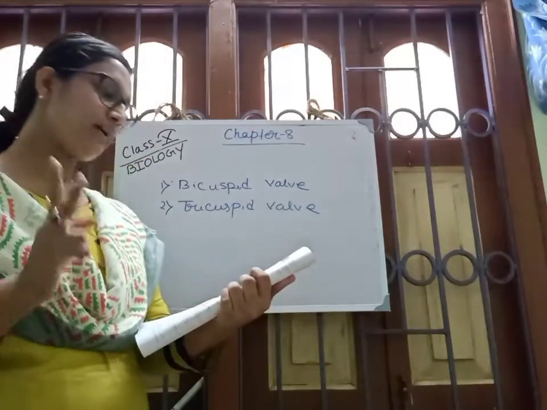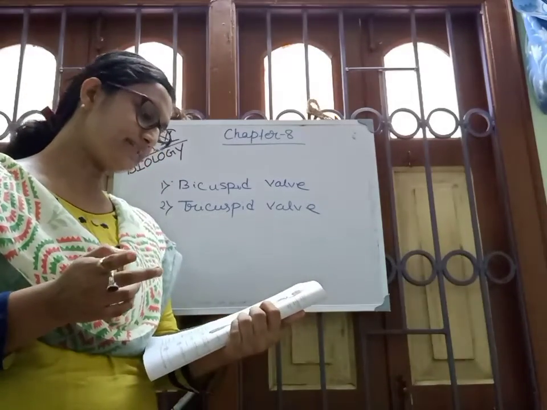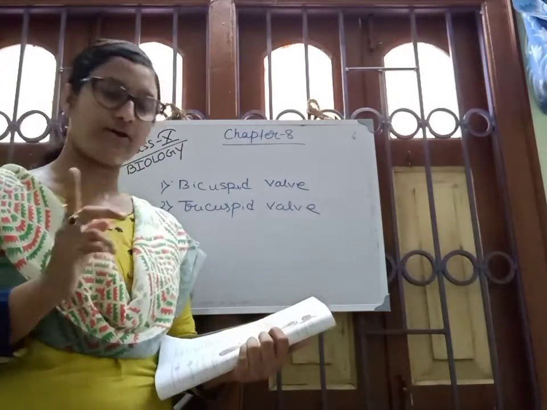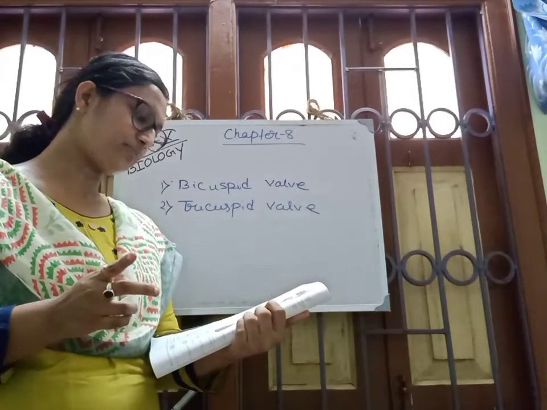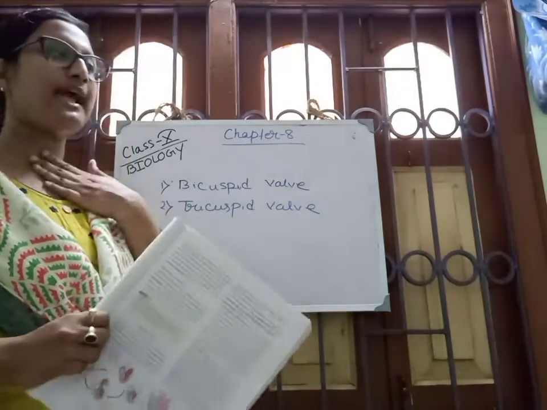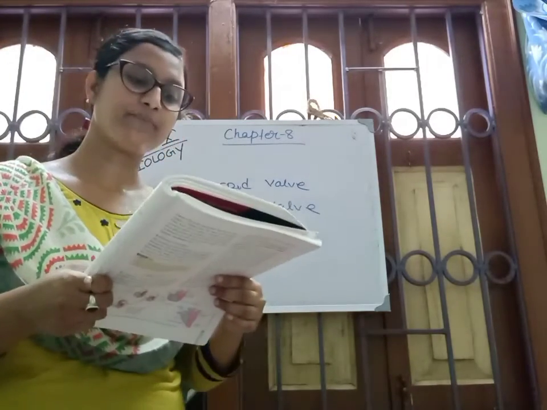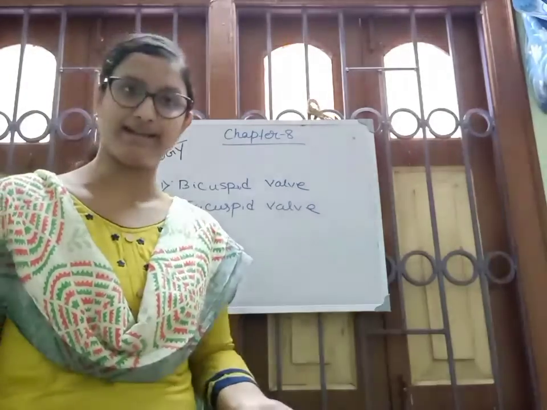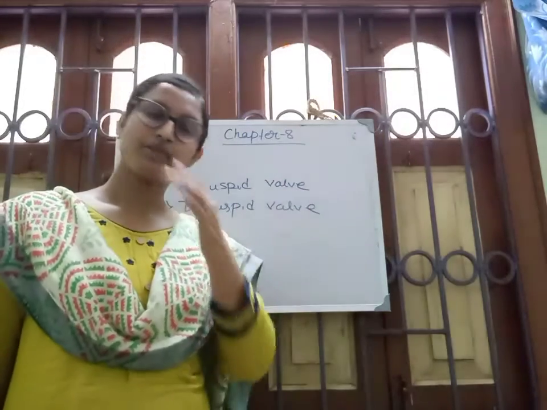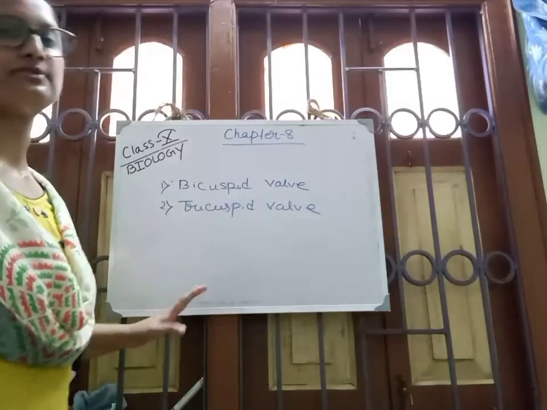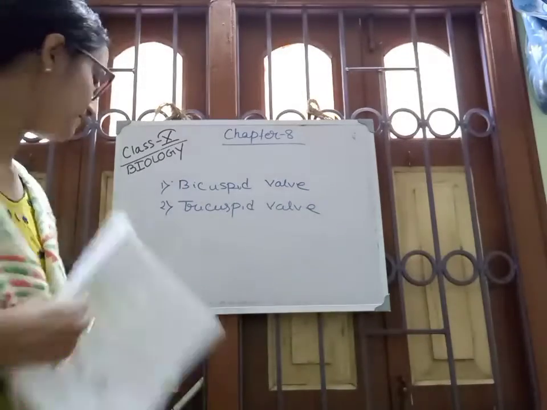And the last two are the pulmonary valve and the aortic semilunar valve. The pulmonary valve is present at the pulmonary arch, and the aortic semilunar valve is present at the opening of the aorta from the left ventricle. All the valves have one most important function: they prevent the backflow of blood, so the direction is only unidirectional. The four valves are most important: the bicuspid valve, tricuspid valve, semilunar valve.